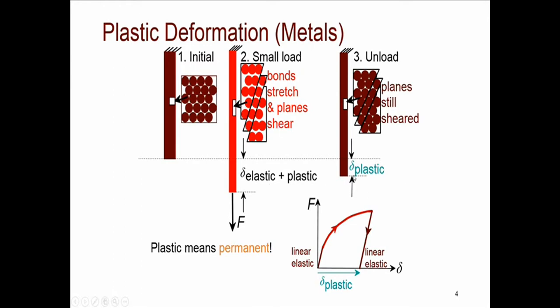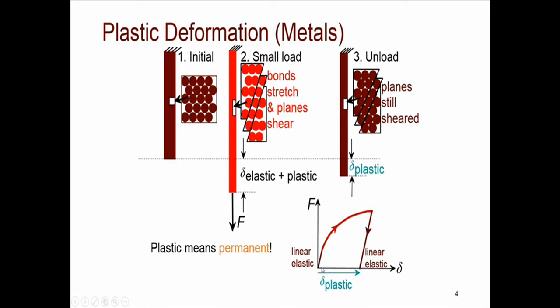If the load is released, the part which is related to the expansion of the bonds will be recovered, but the part which is due to the plane shear will be permanent and won't be recovered, so we will have a permanent displacement. This is shown in metals